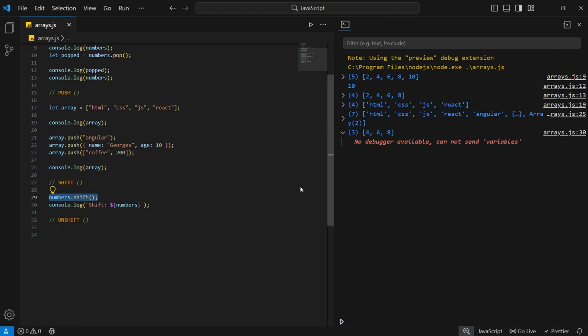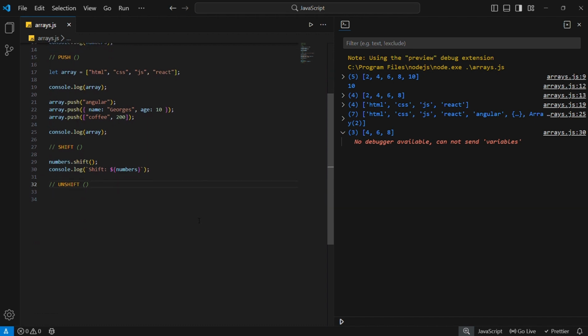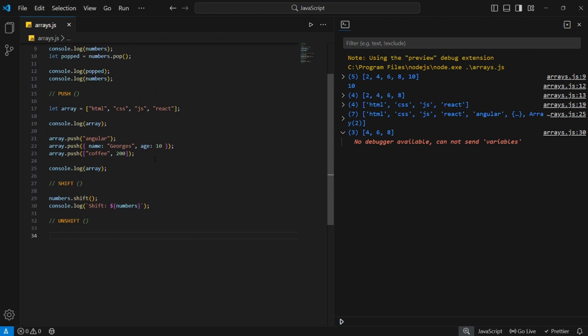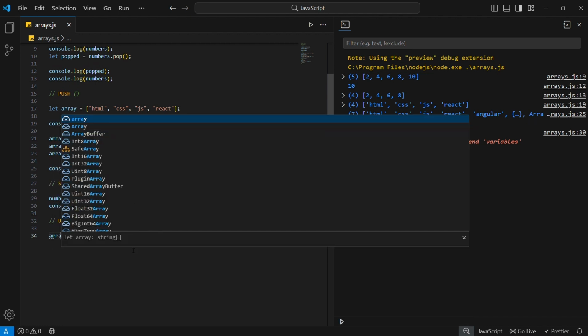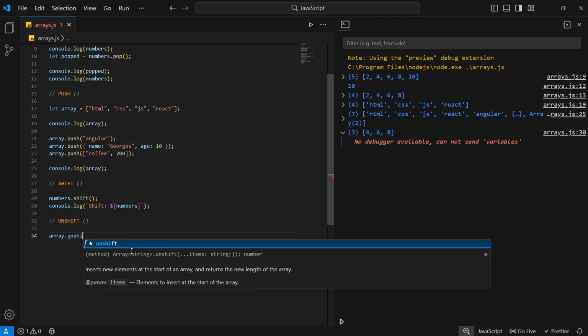Similarly to the push, which was adding elements to the end of the array, we also have the dot unshift to add elements at the beginning. It adds one or more elements at the beginning of the array. So we can still call the dot unshift on the array that you had initialized as array in the previous session. So just say array dot unshift,